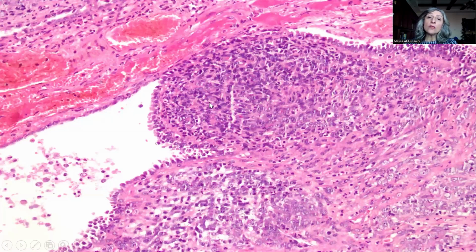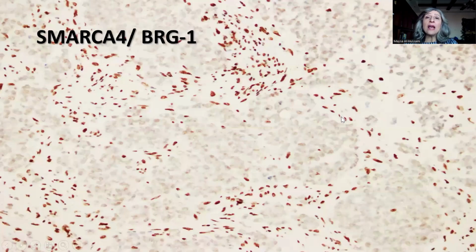Now, importantly, in one of the sections, this is part of the fallopian tube, and then the tumor cells are just growing beneath the fallopian tube. And this was an important clue to the diagnosis, in addition to the rhabdoid morphology of the tumor. And of course, when you think about rhabdoid tumors of the ovary, you have always to think about the small cell carcinoma, hypercalcemic type. And the first thing that you would do is the SMARCA4 or the BRG1 immunohistochemistry, because